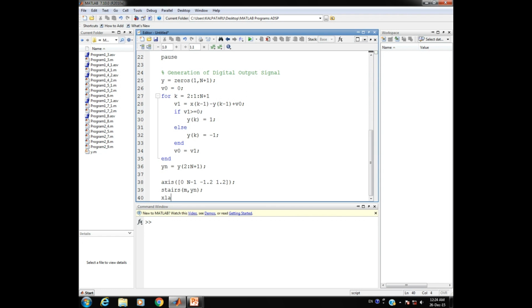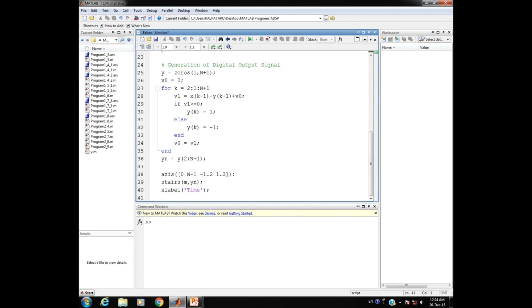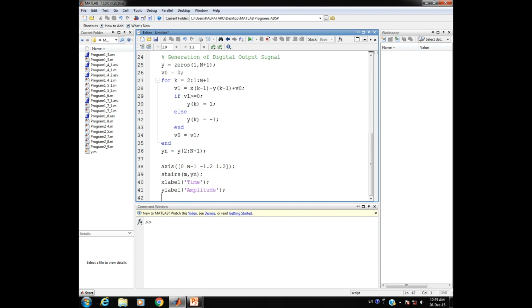For the horizontal axis let us use xlabel as a command, and thereupon I will write time as the quantity. After the horizontal axis we require nomenclature for the vertical axis, so let us write ylabel, and thereupon we shall write amplitude.